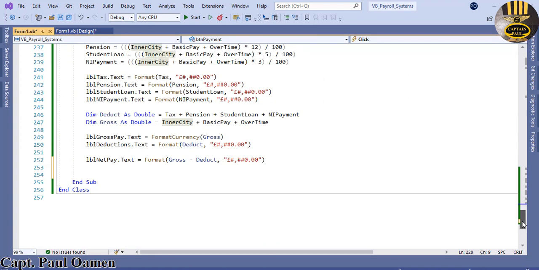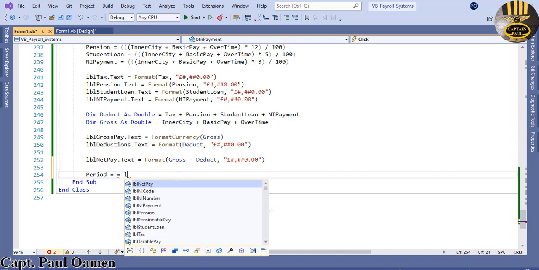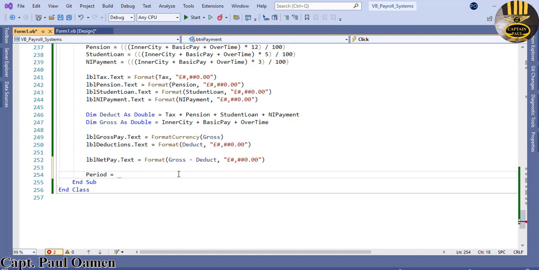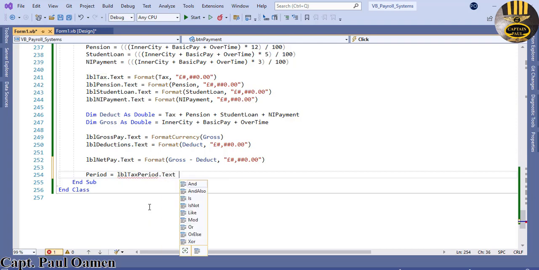And I'll come right down here. So period equals whatever we have inside tax period. So that is going to be equals LBL tax period dot text. So this is text and this is declared as text as well, so I don't need to convert,